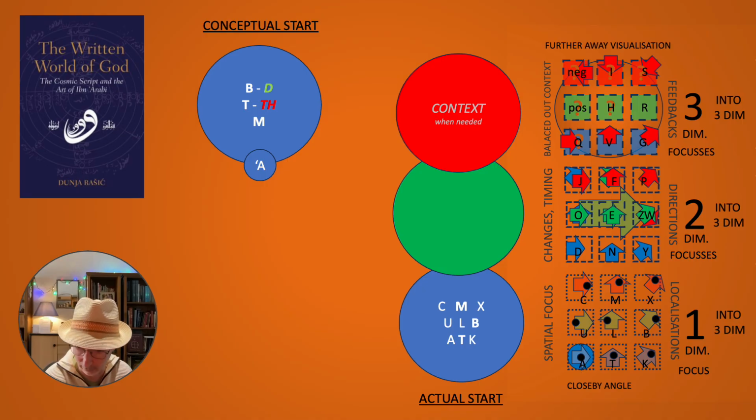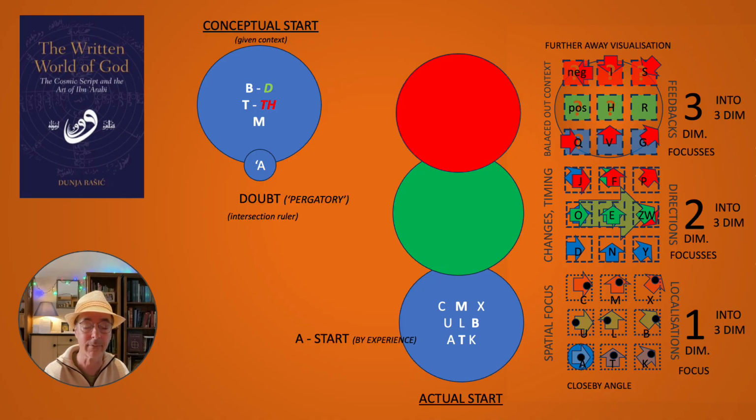For us, in the Roman script, we use it simply with A as an actual starting point. We use an actual starting point and we see where we go. So it's a little bit more in freedom. Yeah, with Aleph there's no freedom, there is a restriction, as I will show you in a minute. And it's a restriction because the system also tells you the Aleph is more comparable to actually a doubtful idea,